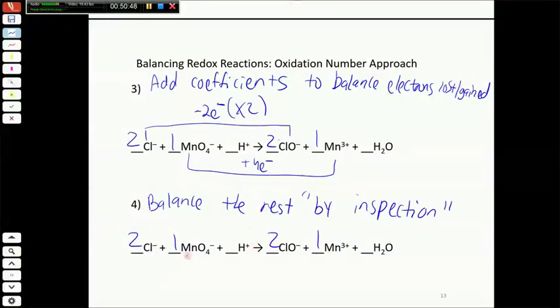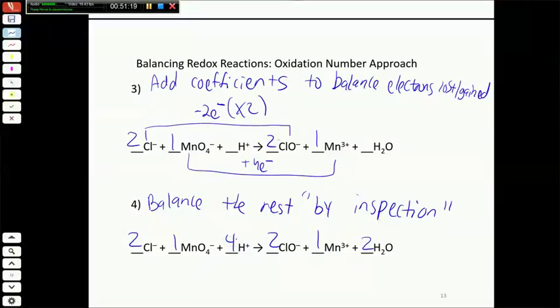So what we have is on the reactant side we have 4 oxygens. On the product side we just have 2 from ClO minus. So we need to have how many waters to make oxygen balanced? 2 of those. So now we have a total of 4 oxygens on both sides. Remember, we don't want to change this coefficient anymore. We've already set it as 2, so we add 2 waters to make sure that we have 4 oxygens on both sides. And then by adding 2 waters, we've added 4 hydrogens to the right side, so we need a